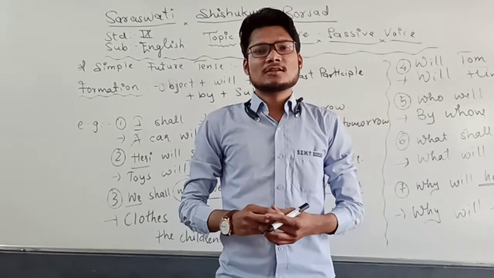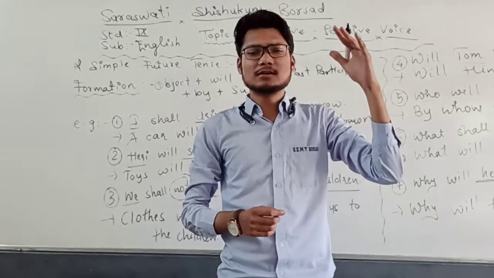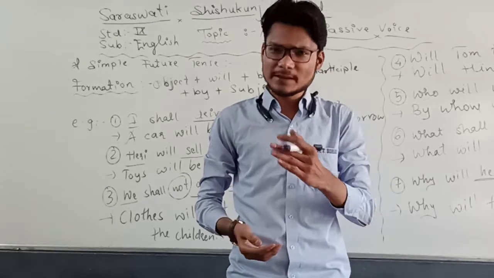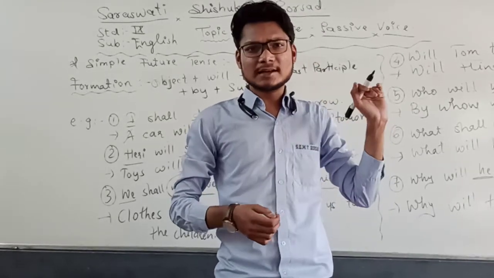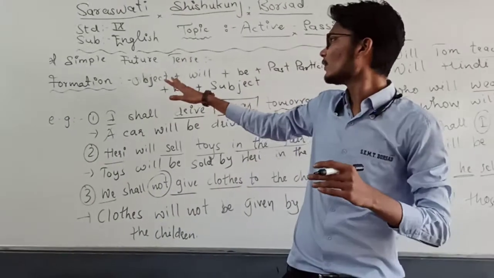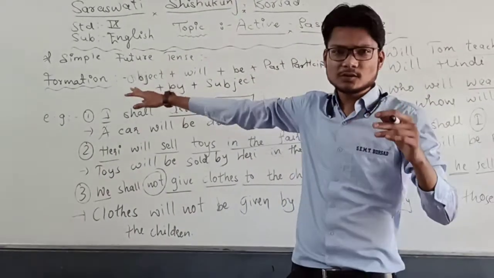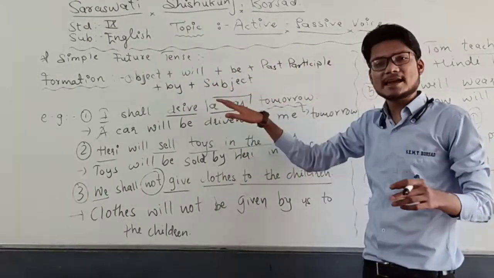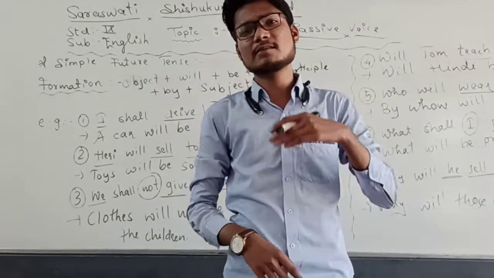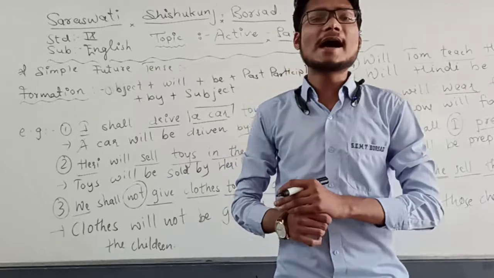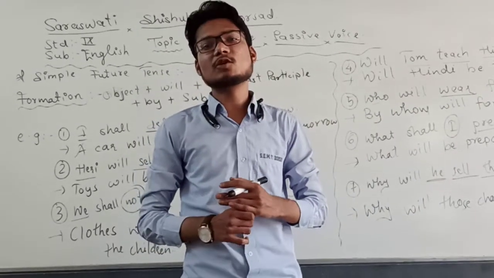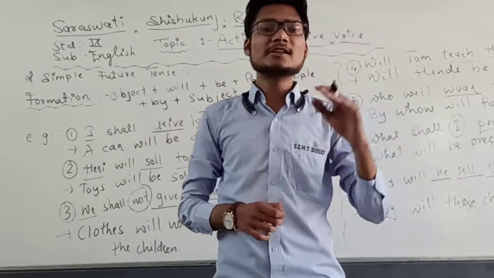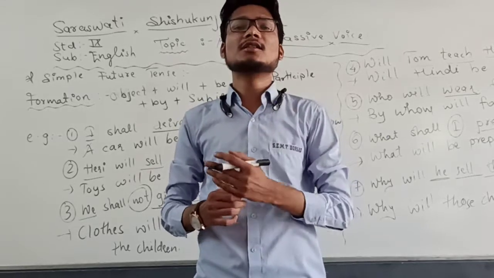So till now we have discussed a total of 8 tenses along with active voice and passive voice. Now forget about that and let us come to this point again: the formation. Firstly you have to put the object, then "will", then "be", past participle, "by" and the subject. This is the formation you have to follow whatever kind of sentence is given to you. I have already explained the changes that will take place. In the worksheet I have given you different kinds of sentences. So please follow the structures so that you can get the correct answers.